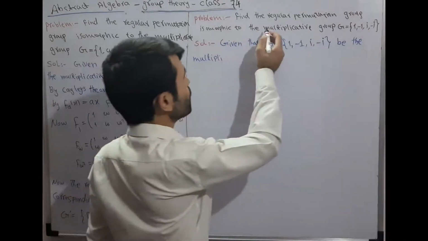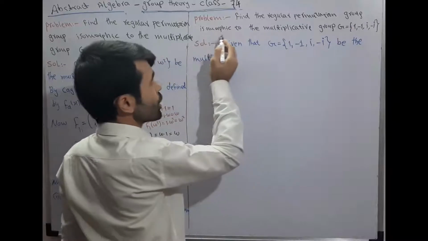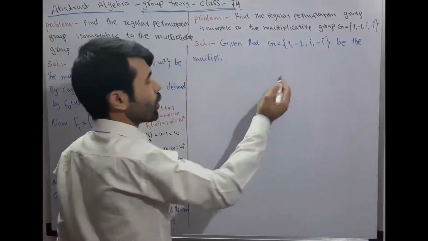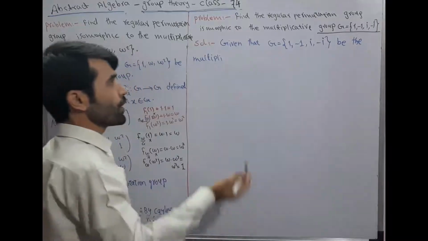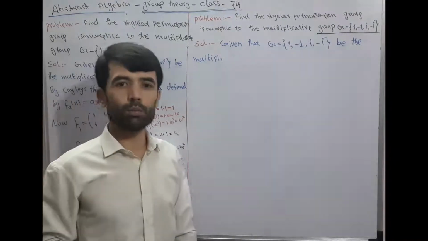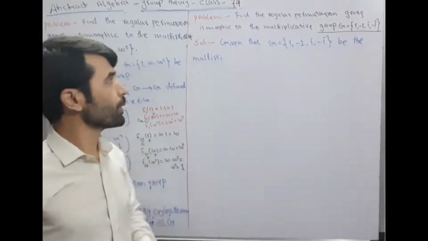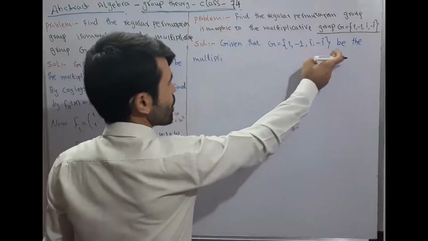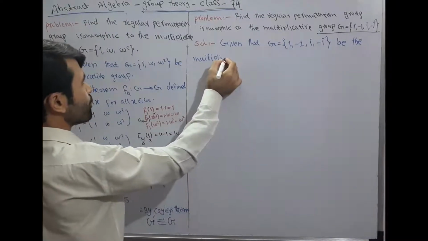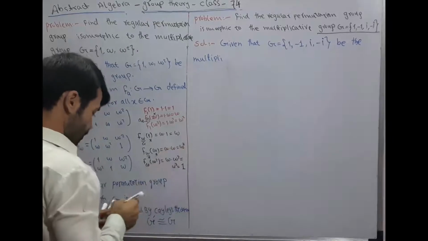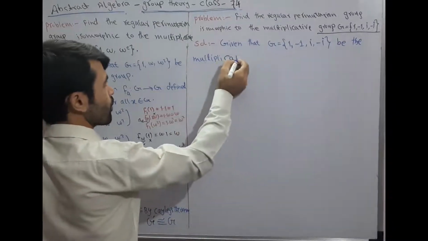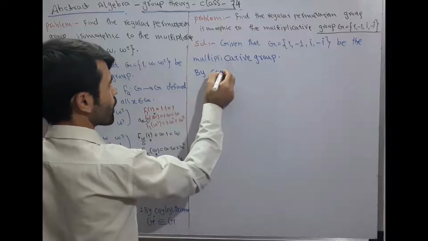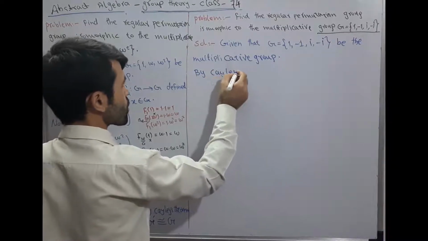Here is another problem. Find the regular permutation group isomorphic to the multiplicative group G = {1, minus 1, i, minus i}. We know that this group is an abelian group. Here the binary operation is multiplication, therefore G is a multiplicative group. So we want to solve this problem. Given that G = {1, minus 1, i, minus i} is the multiplicative group, by Cayley's theorem